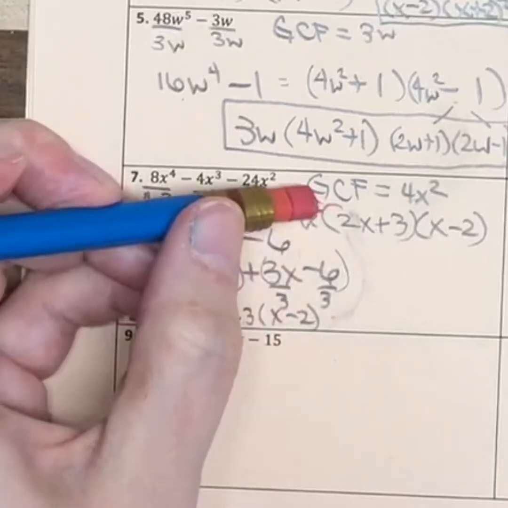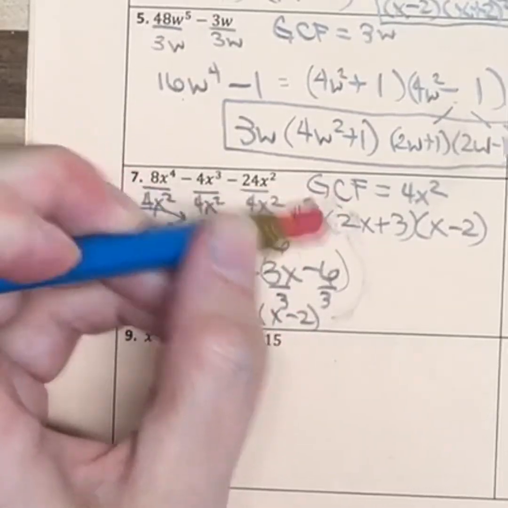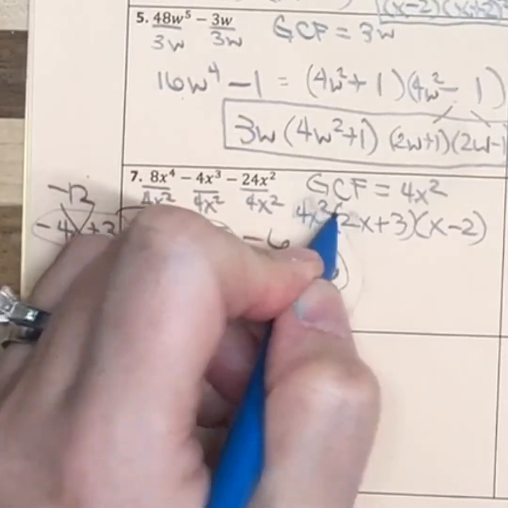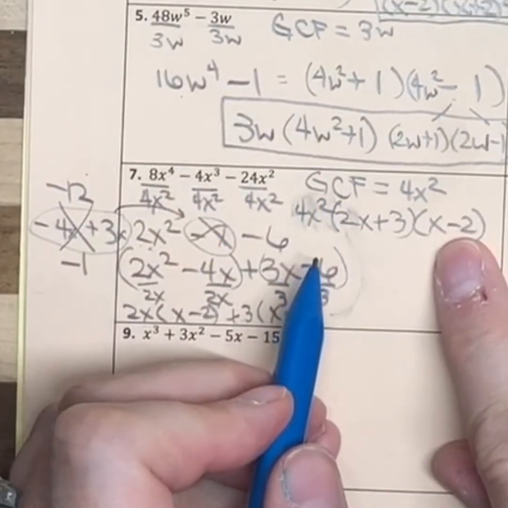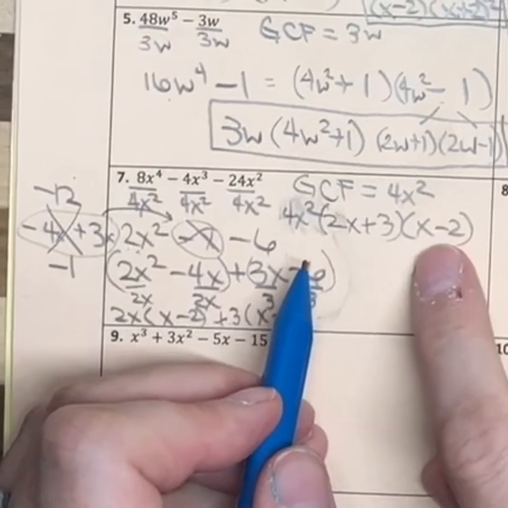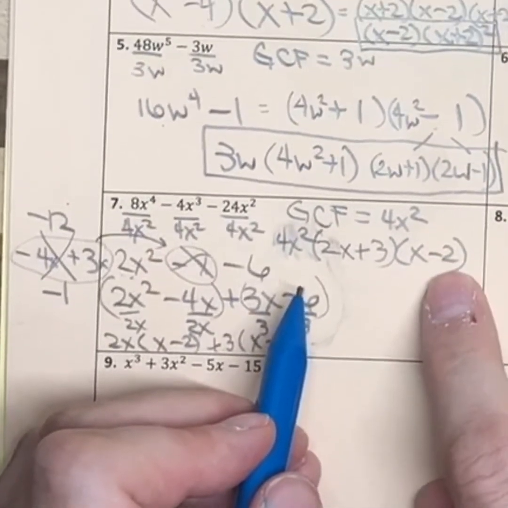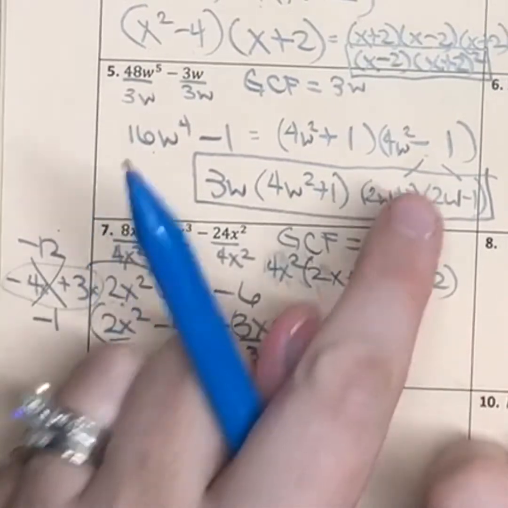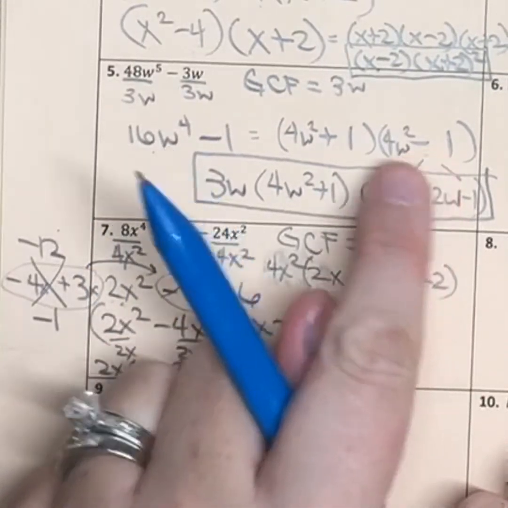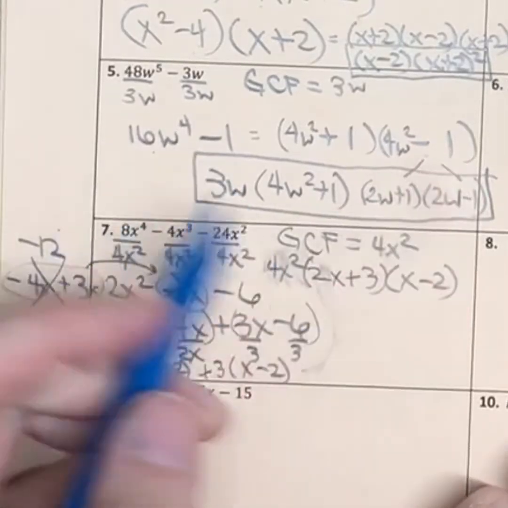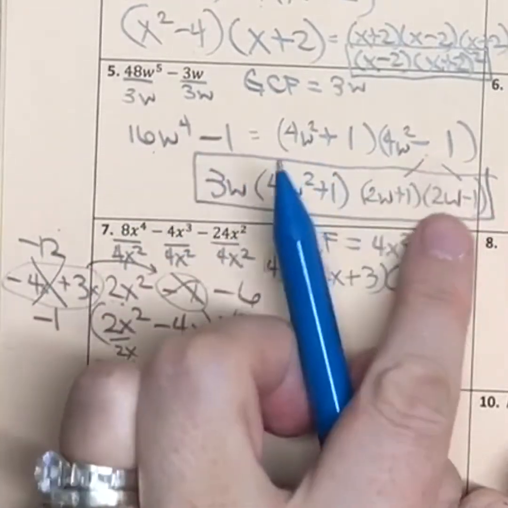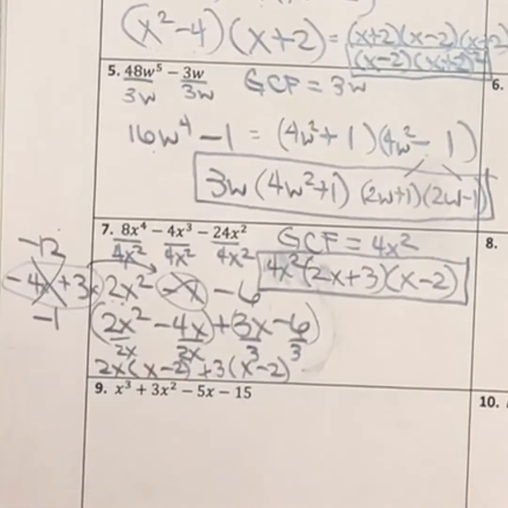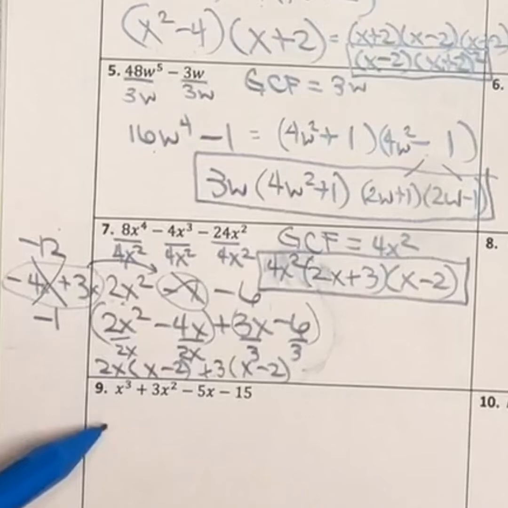And I know that's my final answer, and I'll tell you why. Notice there are no more squares in our factors. Even with the minus 1, there are no more squares, and by the way, 2 is not a perfect square, so I couldn't go any further anyway. Whereas in the previous one, we had a minus with 2 perfect squares, so we had to go further and break that up. But this one we can't, so we're done. Okay, number 9 is another